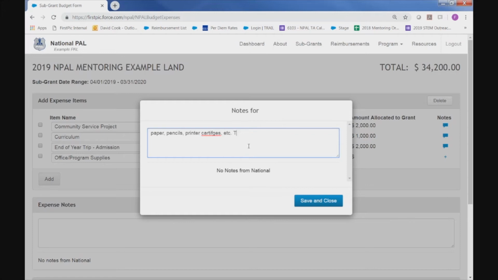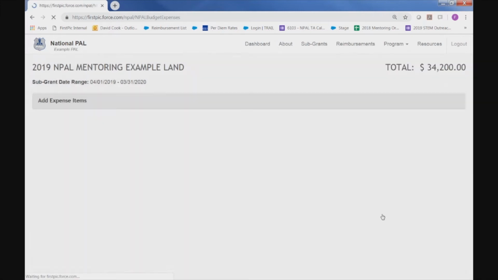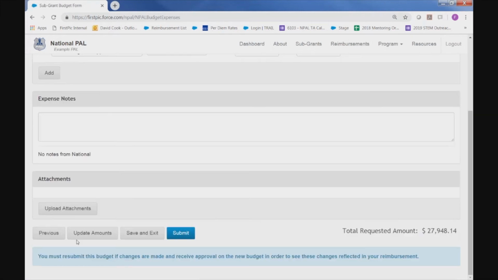And it always helps to say to be used 100% for the NPAL mentoring program. You may think this is overkill, but whenever possible, when you're entering notes, specify that it's going to be used 100% for the NPAL mentoring program, just to make it very clear that these supplies are purely for the NPAL mentoring grant and are not general supplies for your organization, even though we all understand that that is obviously the case. I'm going to hit update amounts again